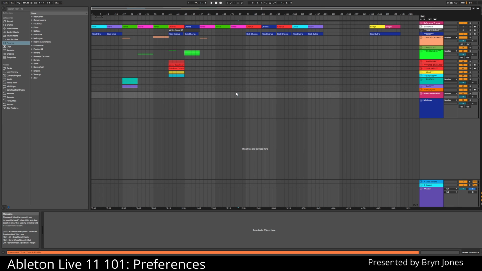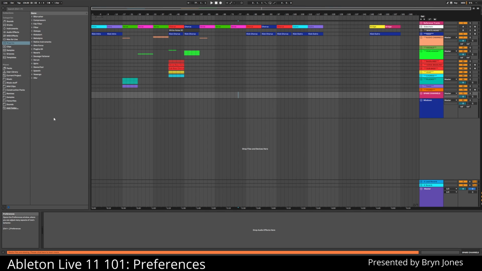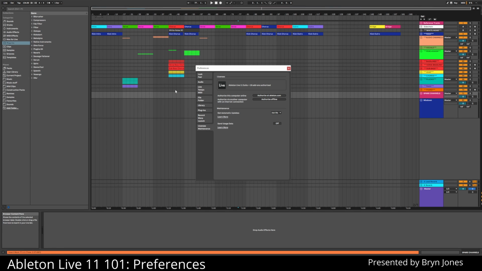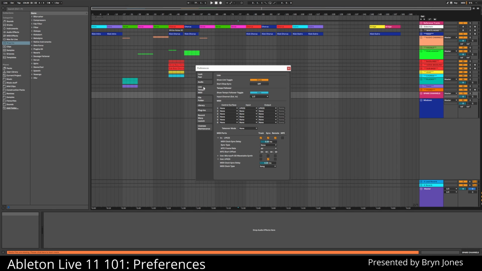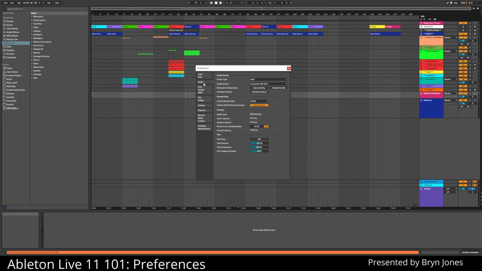So first thing you want to do is go up to your options up here and then head down to preferences. Now automatically you can see all the different tabs you have on the left hand side here, and you can go through a lot of these in your own time to try and find the right settings. What I'm going to focus on is the ones that are really important, and this is in your audio section